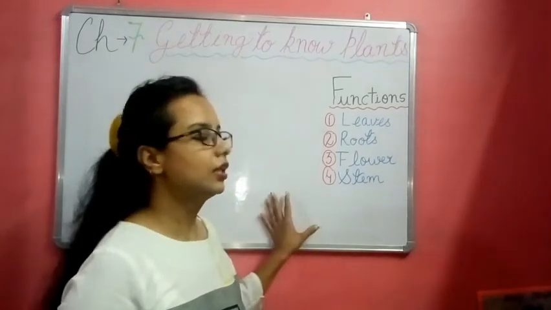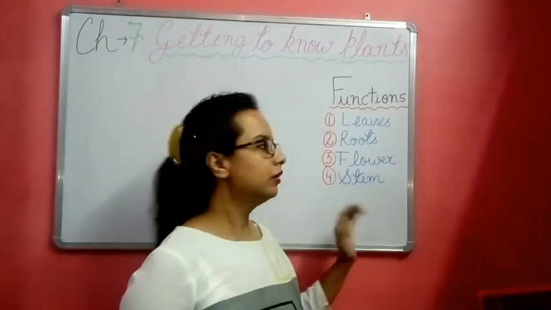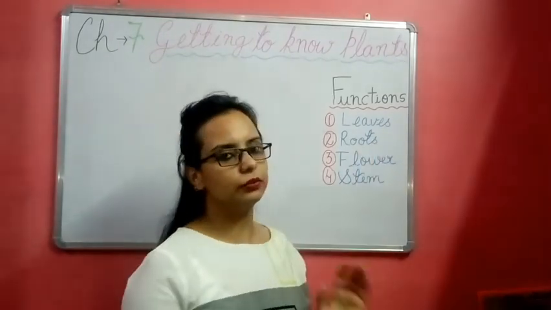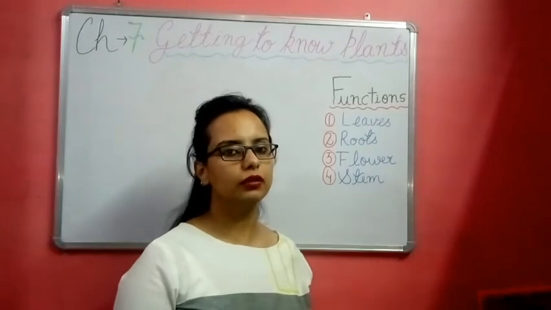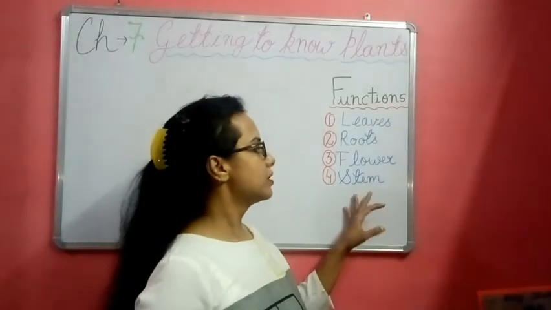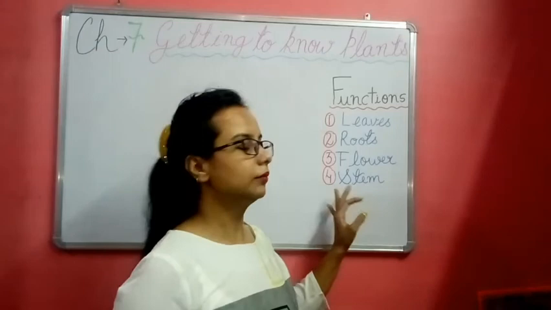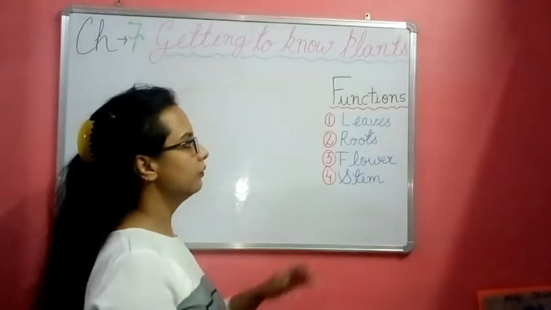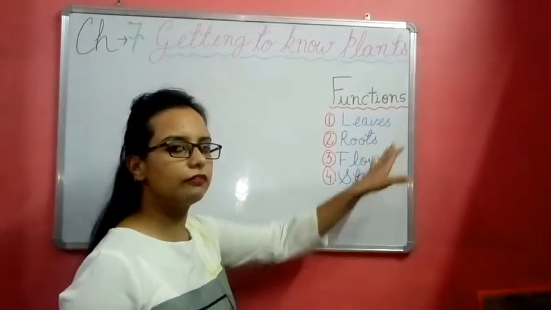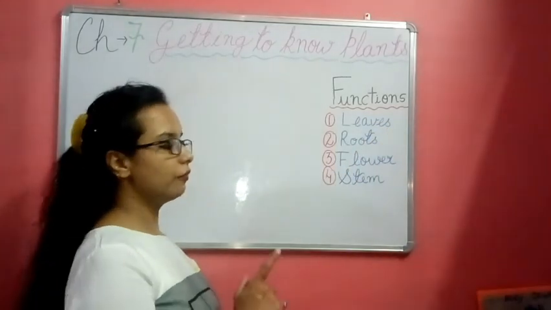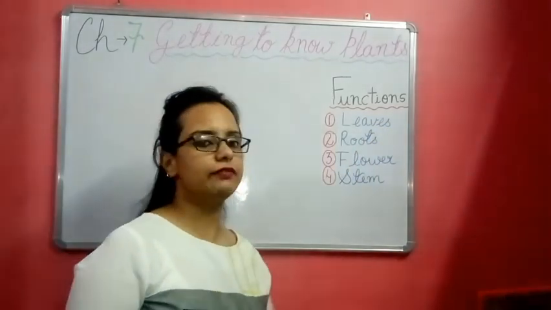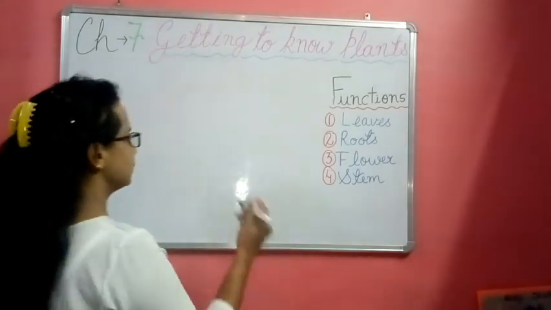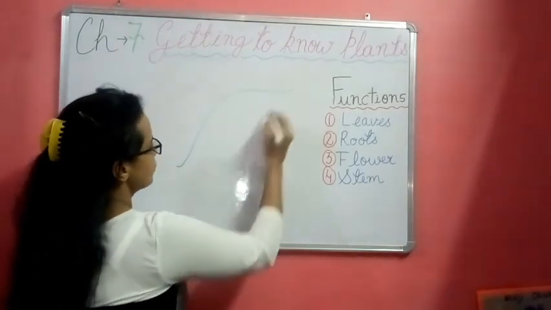Now the different parts of the plant, we all know that the leaves, stem, flower and roots are there. Okay. So now one by one we will discuss the functions of these parts. So first is the leaves. To understand this, first of all we will draw the structure of the